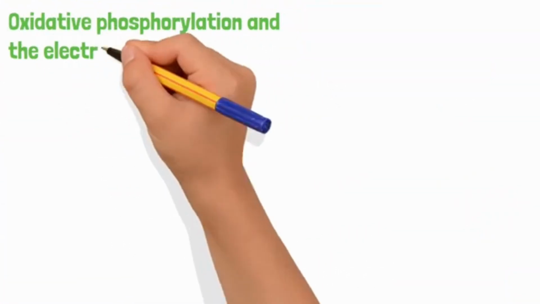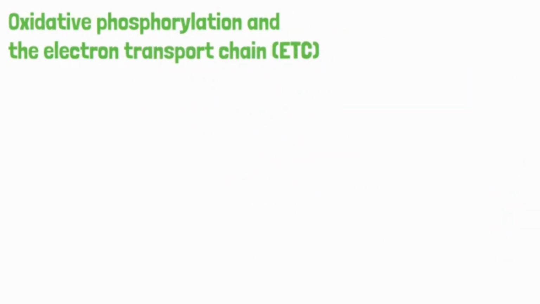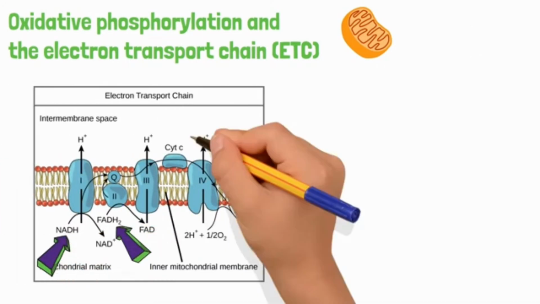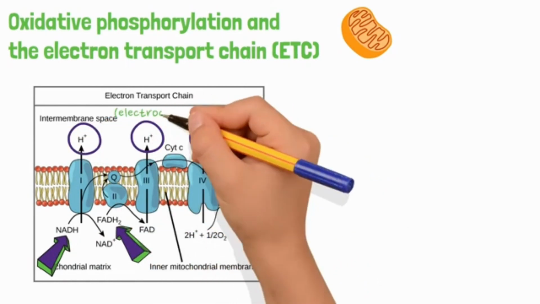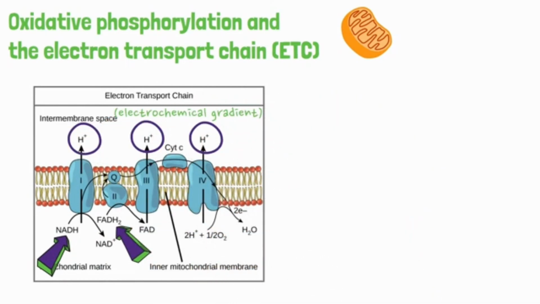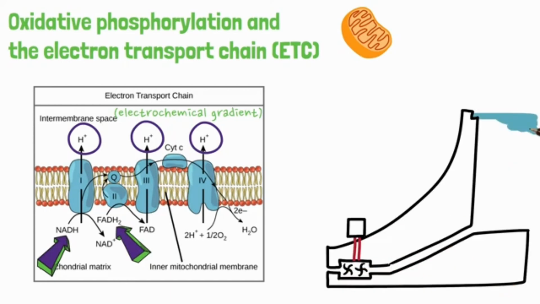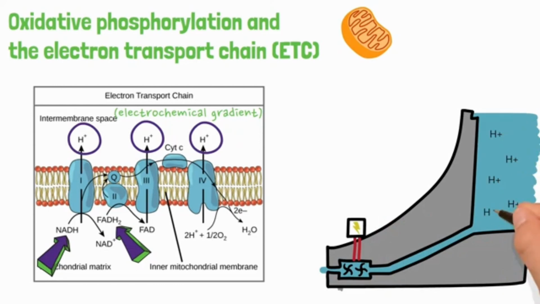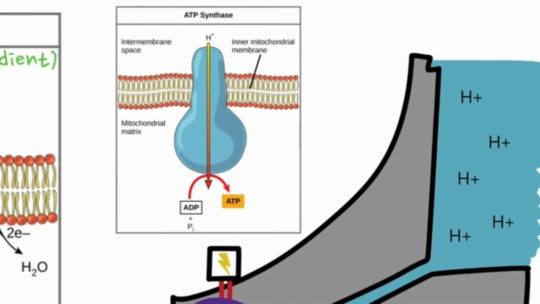Oxidative phosphorylation and the electron transport chain, or ETC, also take place in the mitochondria. Without getting too complex, this step utilizes the NADH and FADH2 to create a concentration of hydrogen ions and an electrochemical gradient on one side of a membrane. Just think of it like a dam holding a high concentration of water on one side. Our hydrogen ions are like the water. And just as the water pressure of a dam can push a turbine to create energy, the high concentration of hydrogen ions powers a pump to create ATP. The pump in this case is a very efficient enzyme called ATP synthase.